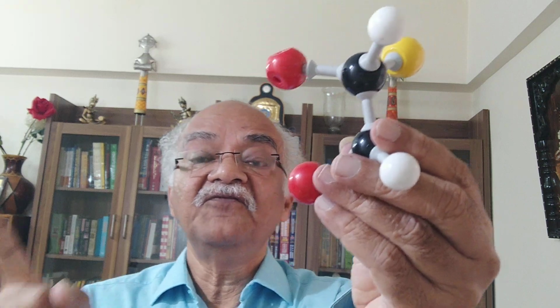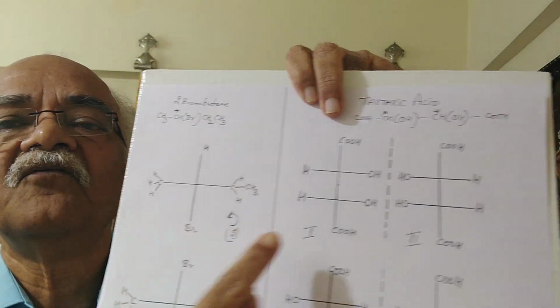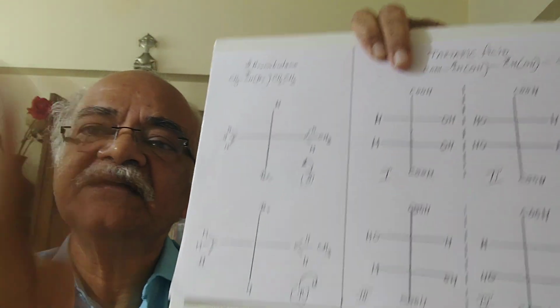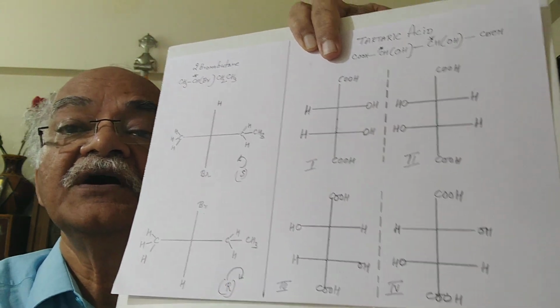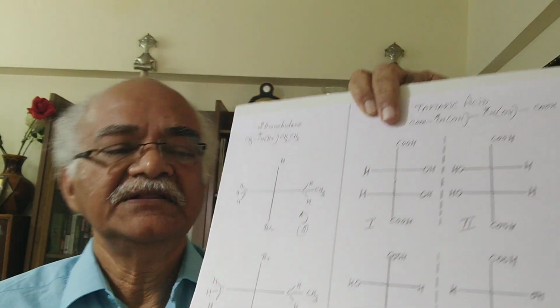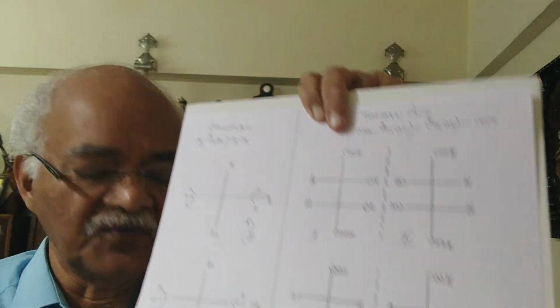Therefore, with 1 and 2, if you remember what I have shown earlier, 1 and 2 are the same. 1 and 2 are one and the same because they can be superimposed, because they are symmetrical. What about 3 and 4? That plane of symmetry is absent. Therefore, this molecule exists, and even this exists. One of them could be dextro, the other is levo. I am getting 3. One is a meso compound, where the molecule is highly symmetrical. The other is a dextro molecule and the third is a levo molecule.